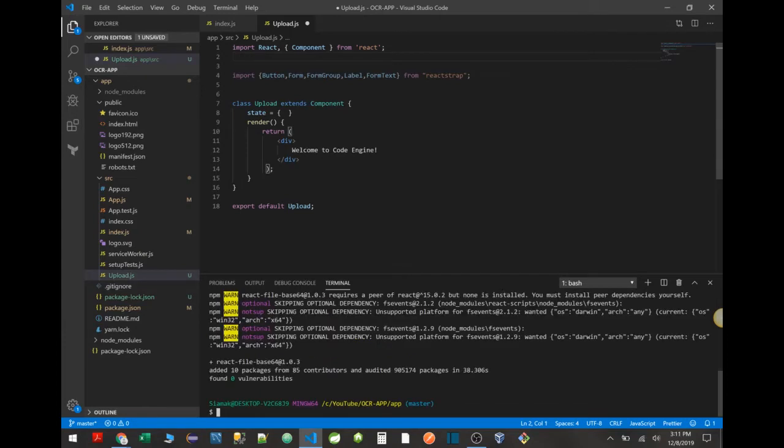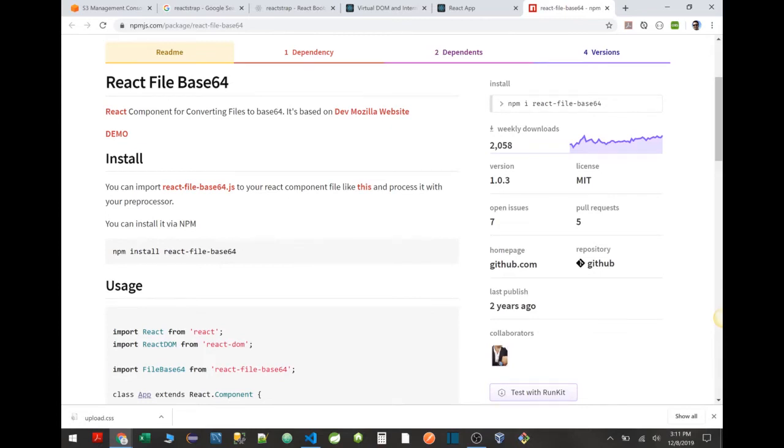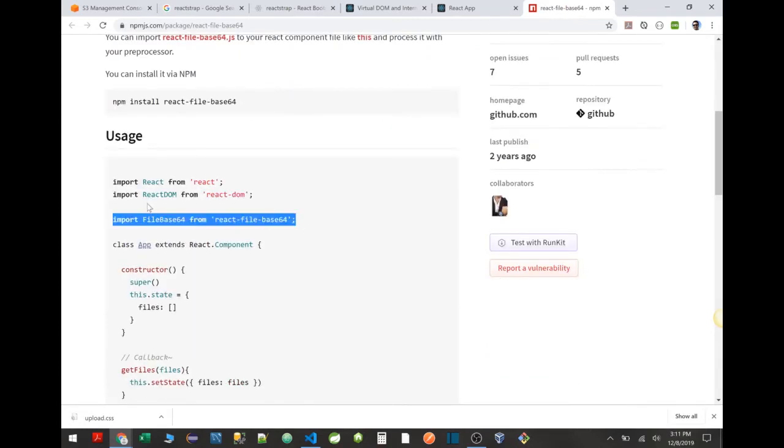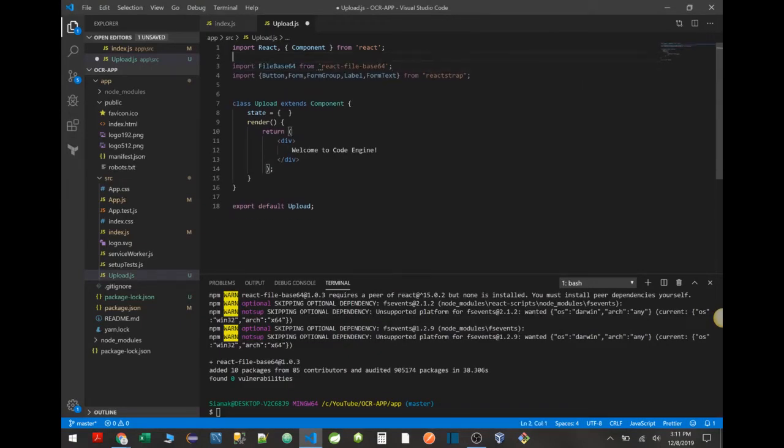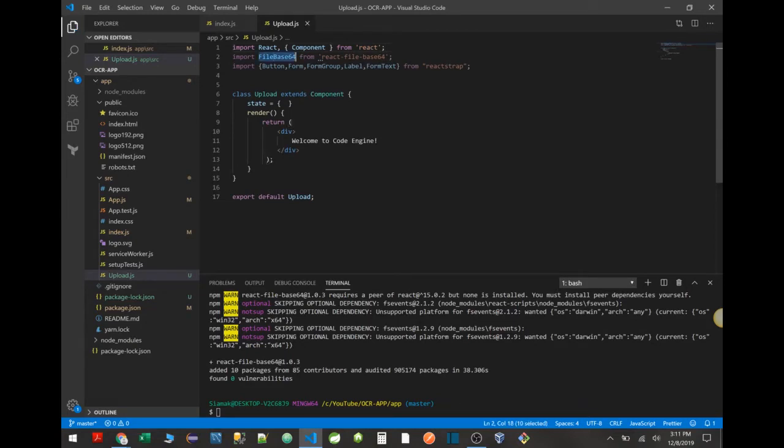Alright guys, based on the instruction for React file base 64, it says you need to use this command in order to install React file base 64. I'm going to do that because eventually I'm going to upload base 64 code, convert my image to base 64 and submit it to my REST API backend. And then the backend, I'm going to have Node.js read that file, basically base 64, and convert it to an